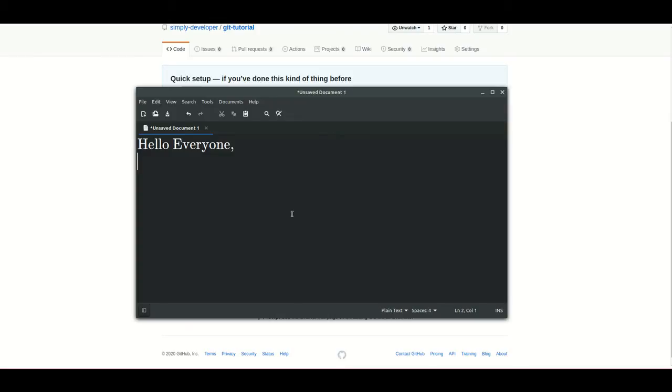Hello everyone. In the last session we learned about Git. We already talked about what Git is, why we need it, and the basics. Git is basically the best friend of every developer. Git helps to manage our code, upload the code, and handle storage, backup, and all of that.